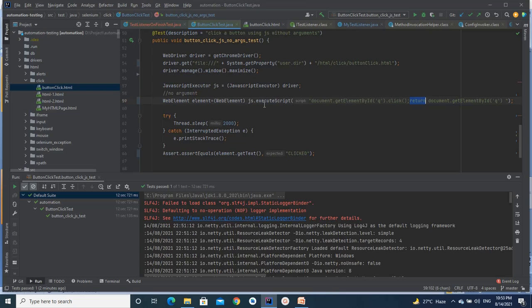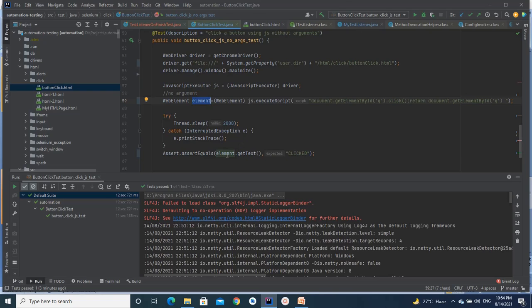As we know, executeScript's return type is Object, so obviously we can return a web element. Here we are typecasting it and storing this button in a WebElement interface reference variable. Now we are able to perform the click operation, and we have the reference of that particular button in this reference variable.